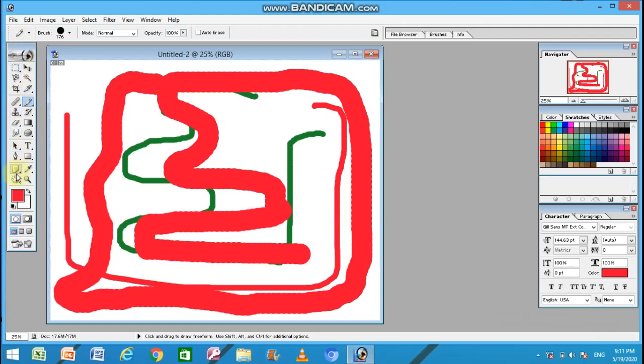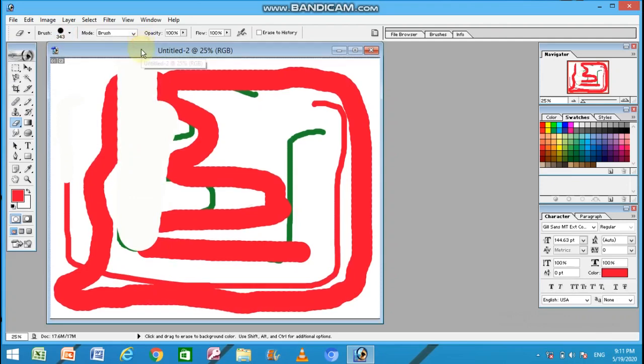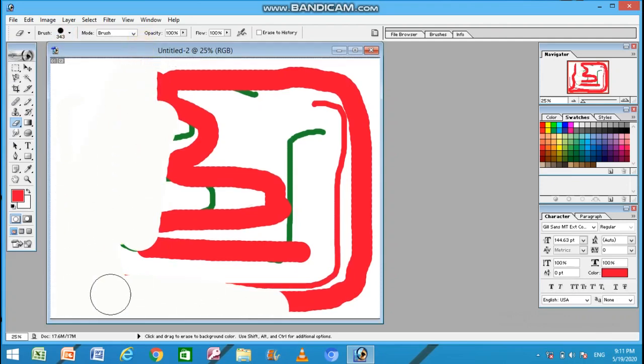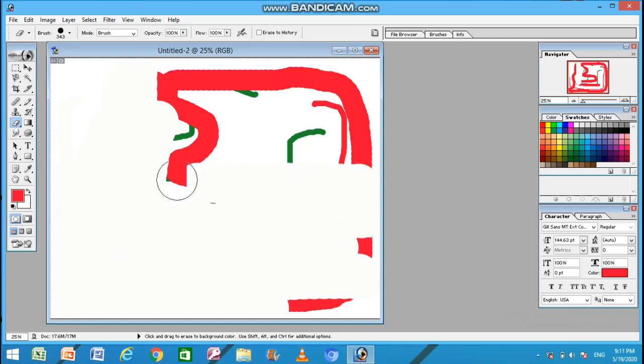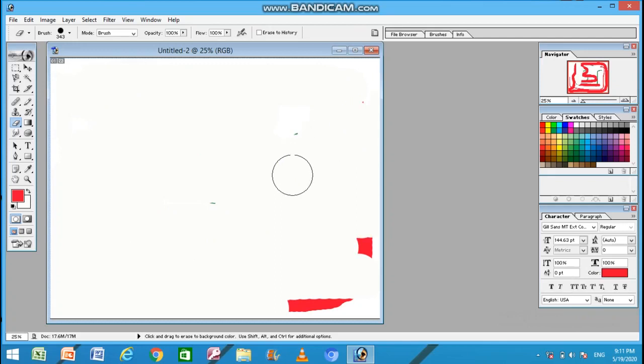Let me erase all this first. Use the eraser tool to erase the things on the monitor. Yes, the canvas is fresh now. Let's use the brush tool.